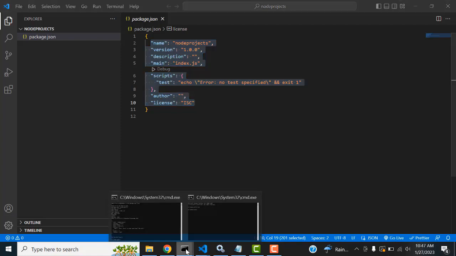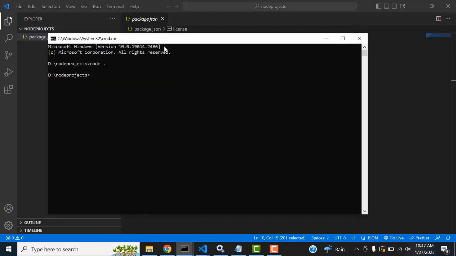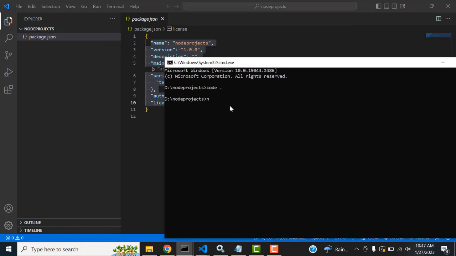Now another thing is you have to install the Node project dependencies using npm install. You have to install the relevant libraries. First we have to install the library Express, which is a server on Node.js. It is a backend. It will communicate with the front end. It will communicate with the database, Mongoose. So